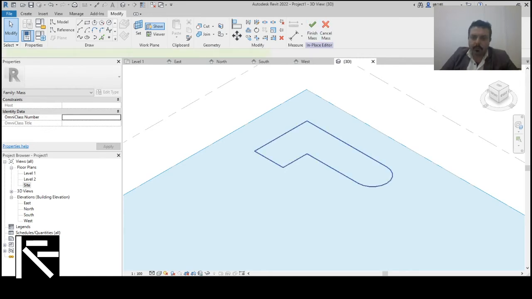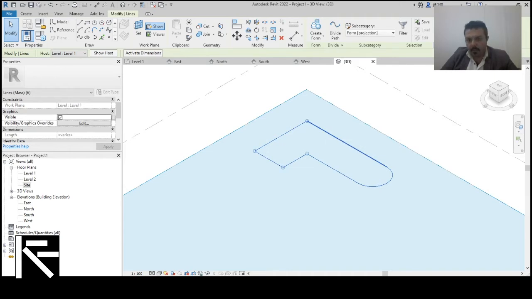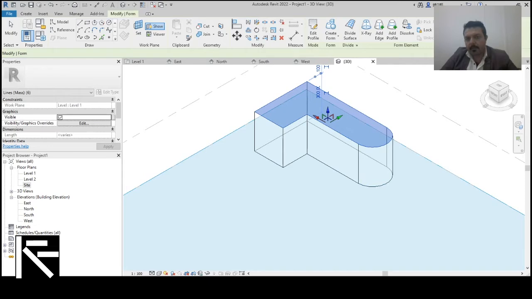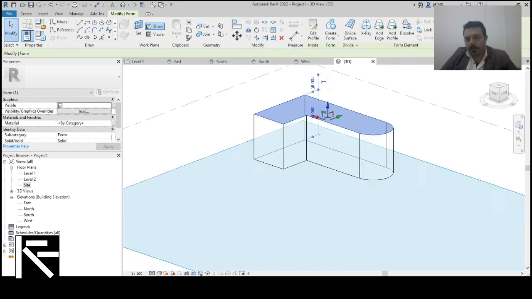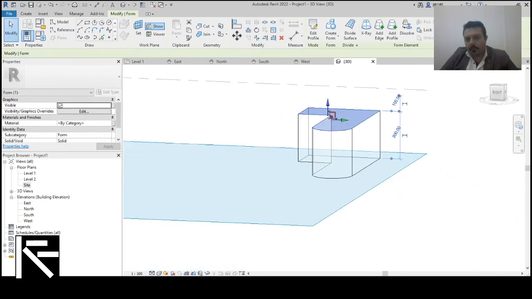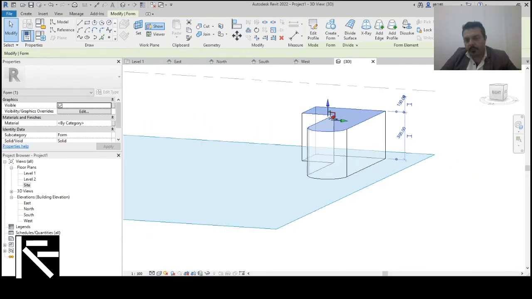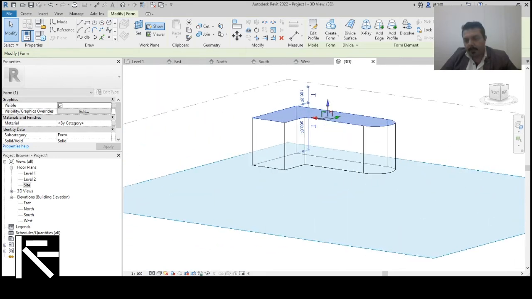Now my drawing is ready, my plan. Of course, this is a conceptual frame. You see I'm able to toggle between the line and edge. Now I choose my entire plan and go to the solid form. This is the solid form. As you can see, I can manually change the height of the extrusion,